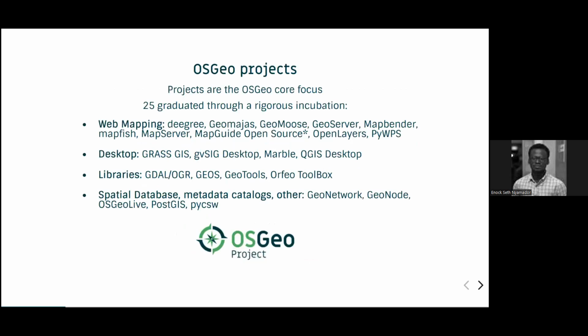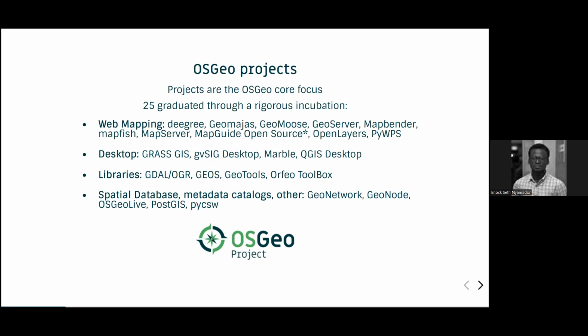So talking about projects, this slide might be a bit out of date because last year I also did a similar presentation to the previous cohort. So this slide is not updated to the recent number: 25 plus graduated projects that go through incubation. From the previous session, someone asked if they could put ODK Central in the OSGeo Live project, which I talked about. If you want to include a project in the OSGeo Live tool, then it needs to go through incubation. It could become an OSGeo project, or it doesn't necessarily need to be an OSGeo project.